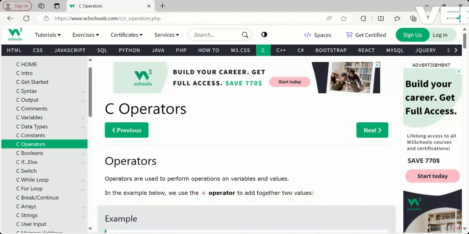Today in this video we are going to see operators. In the previous videos we have seen constants, data types, variables and everything till now. If you haven't watched those videos, just have a look at them. They will be available in our channel playlist. Just go through the tutorials, line-wise videos will be there. Don't miss any video, and never skip any part of the video, otherwise you're going to miss some examples and some points. So watch this video till the end.